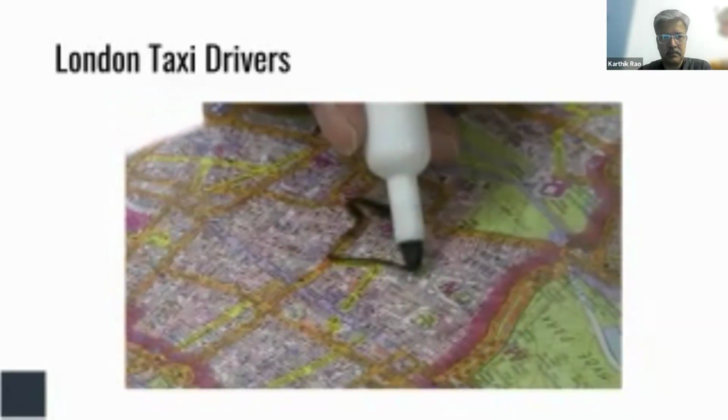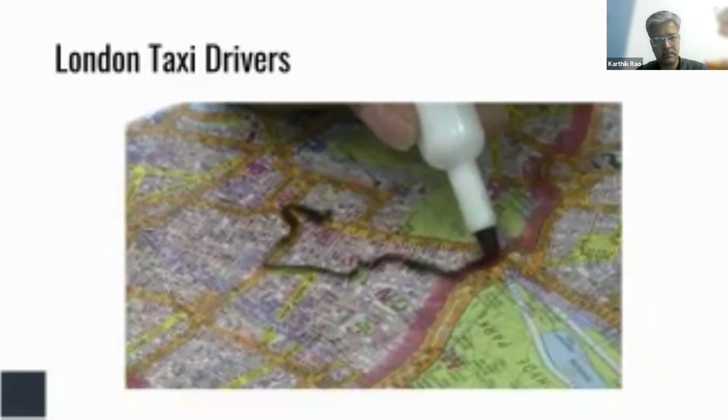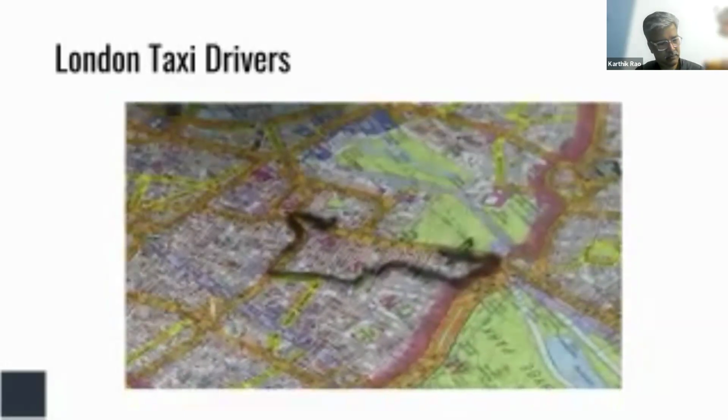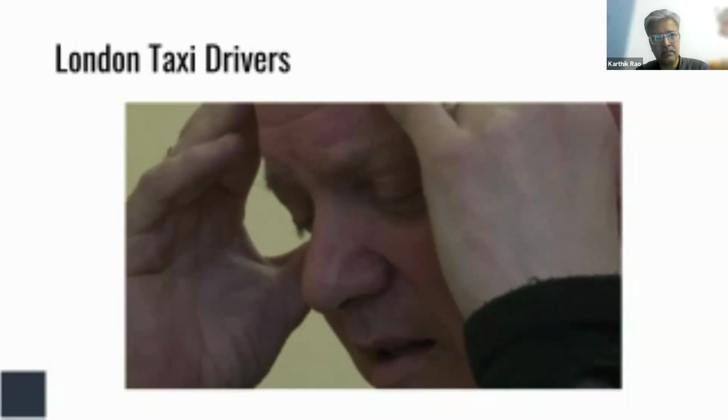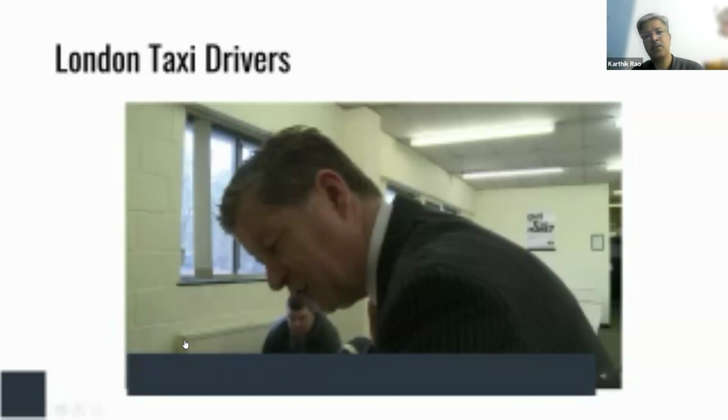The atmosphere resembles a university library. The students, mostly men, undergo 6 hours of intense training per day. The aim is to memorise the names and locations of 25,000 streets, where London's 8 million plus population live and work. Yeah, so what we see here is that when the scientists actually looked at the scans of the brain